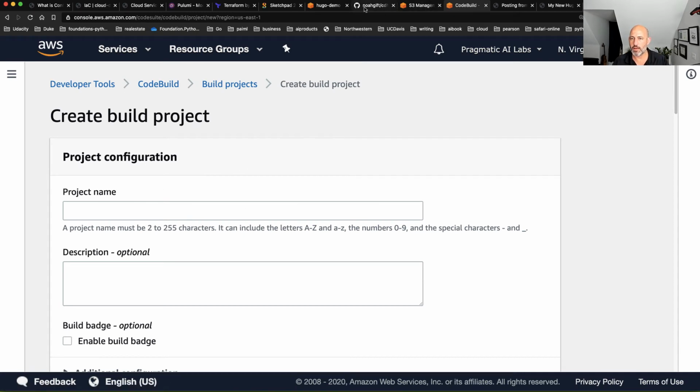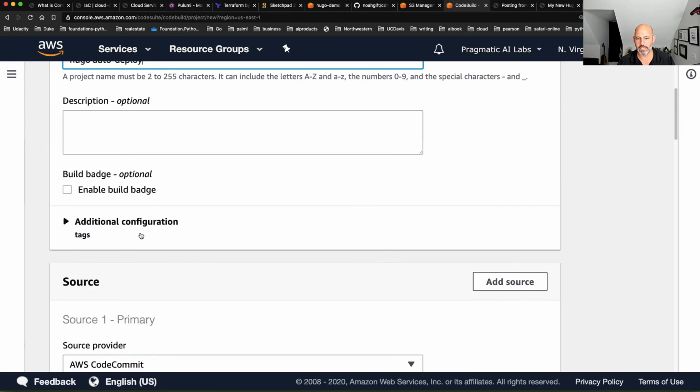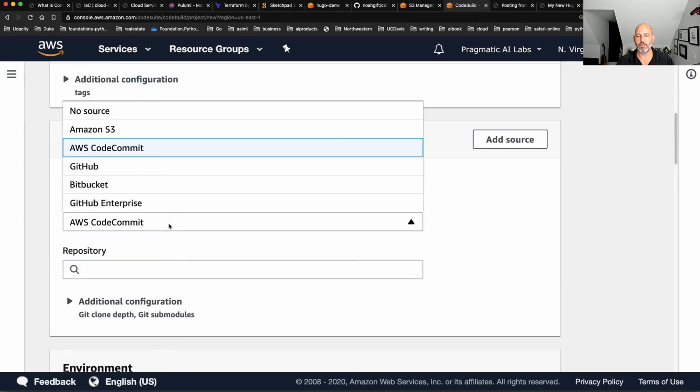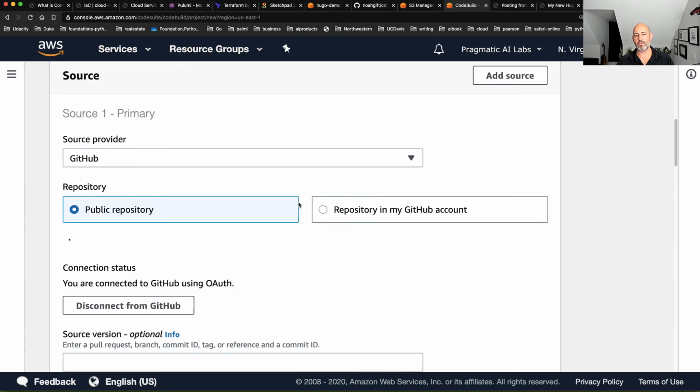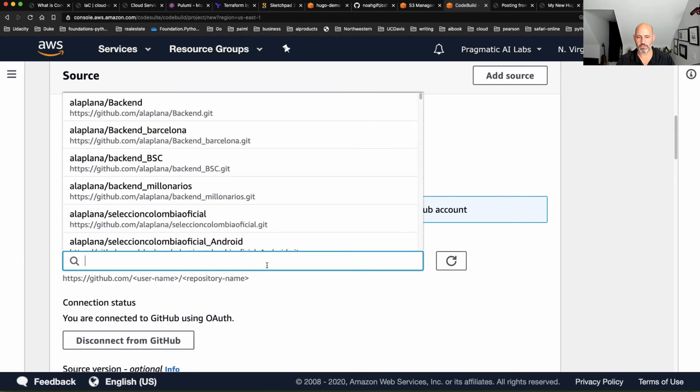So again, I can just go through here and say, Hugo auto deploy. You can see how careful I'm being when I do this, because this is something that's going to be running over and over and over again, and it's easy to make mistakes. There we go. It'll be a repository in my GitHub.